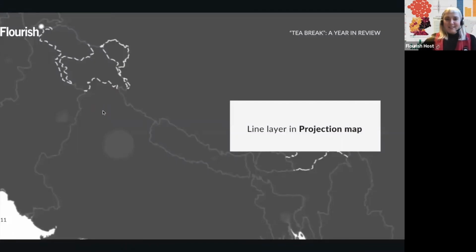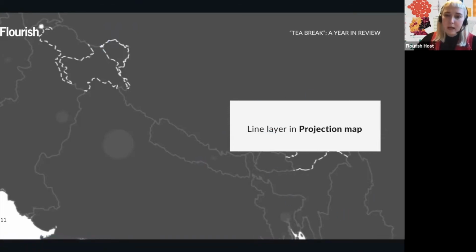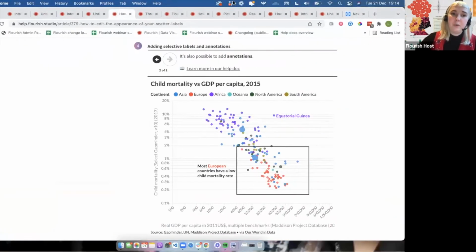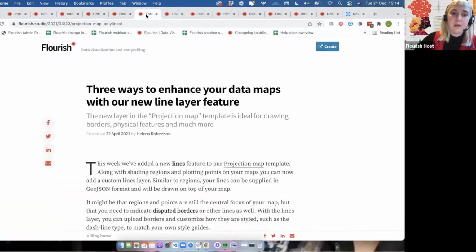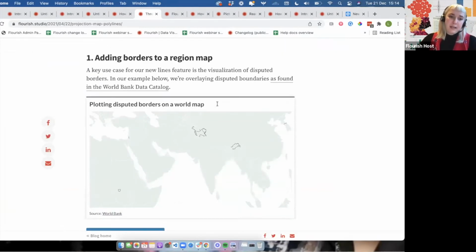Moving on, we have our line layer in the projection map, which was introduced originally to support these disputed borders that we can see here. This came up a lot from various customers, so we decided to add an additional sheet where you can upload your GeoJSON files or your polyline files as a third layer,